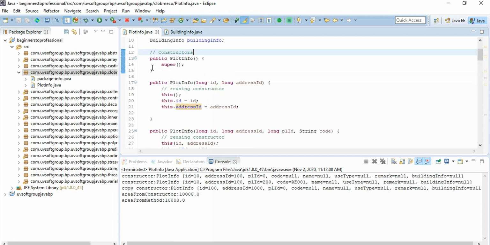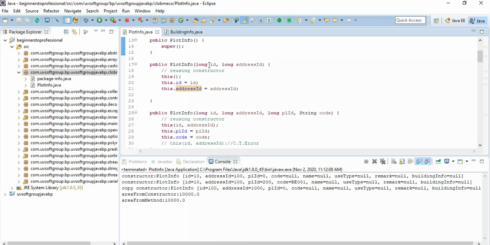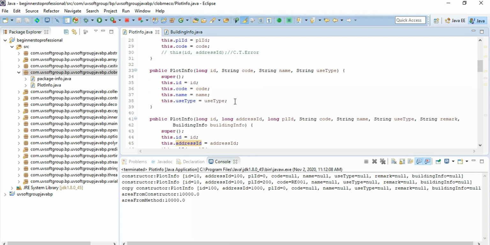Then you can define the different constructors that you need, and then you have the combination of different parameterized argument constructors, and then you can define